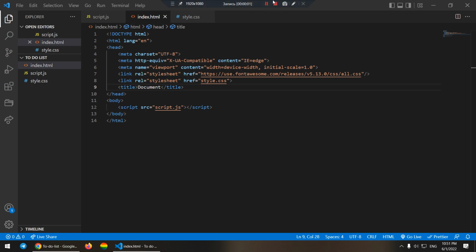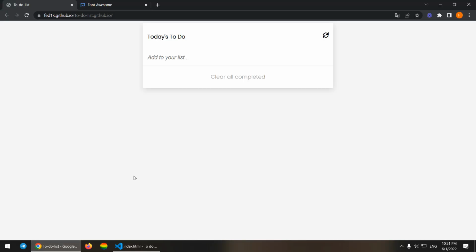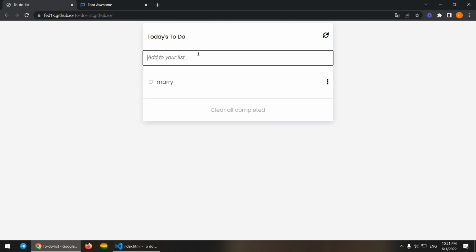Hello guys, today we are going to build the complete to-do list application using HTML, CSS and JavaScript with full functionality and full design just like this. So it works in that way. If you add any to-do name, once we click enter, it just adds it here, and this data